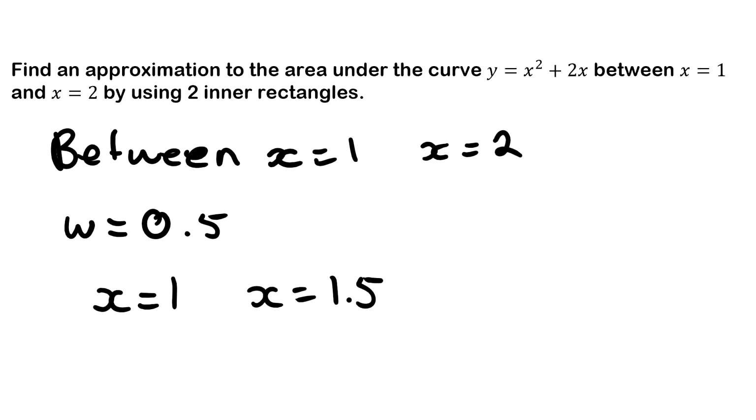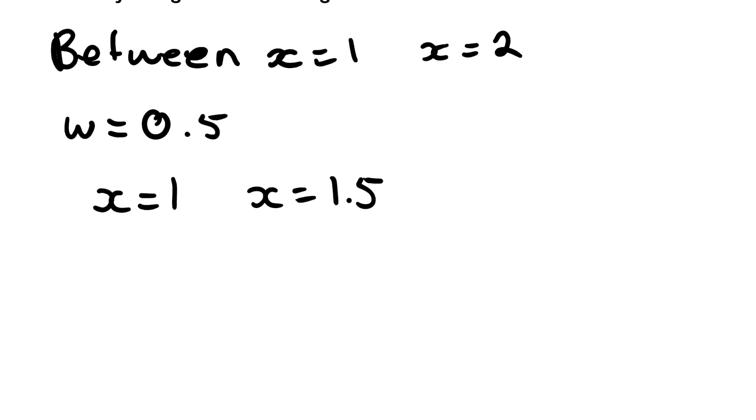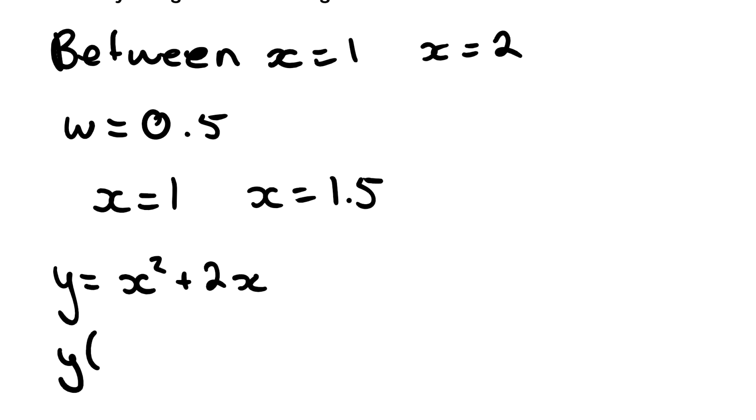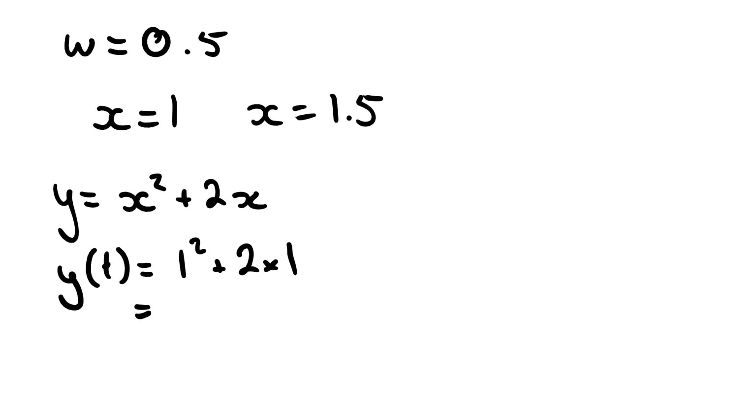Now that we've done that, we need to find the y values or the height for these points. So we know we have y equals x squared plus 2x, and if I say that x is going to be 1, I get 1 squared plus 2 times 1, which gets me 3, and then if I have 1.5 here, I get